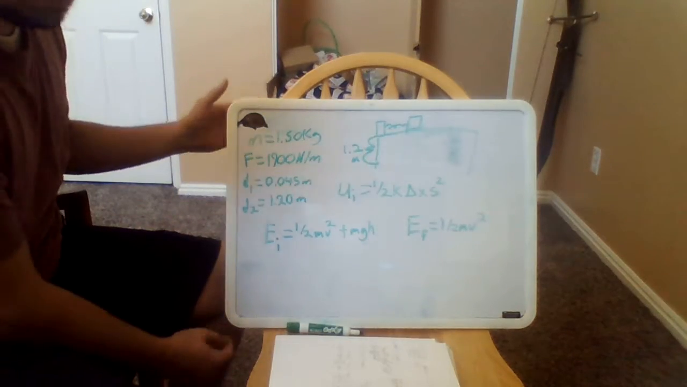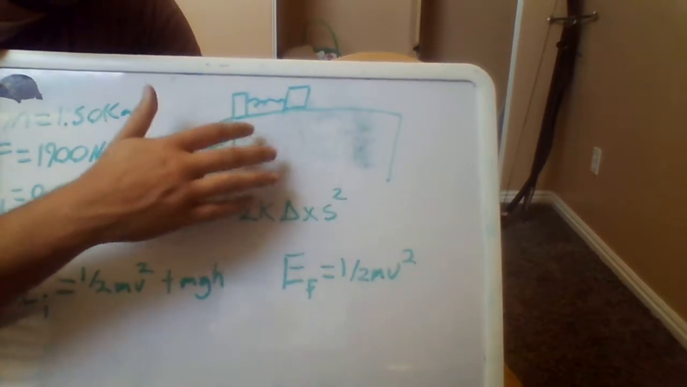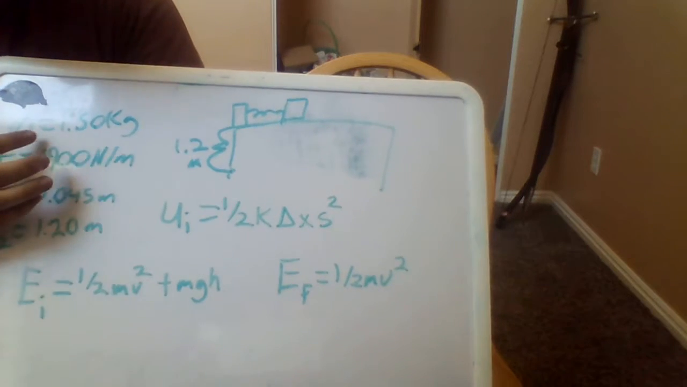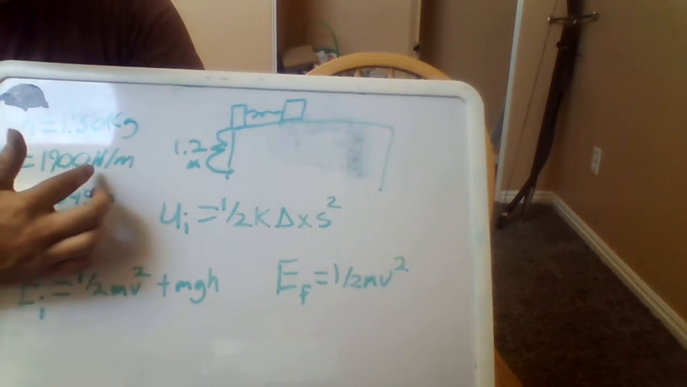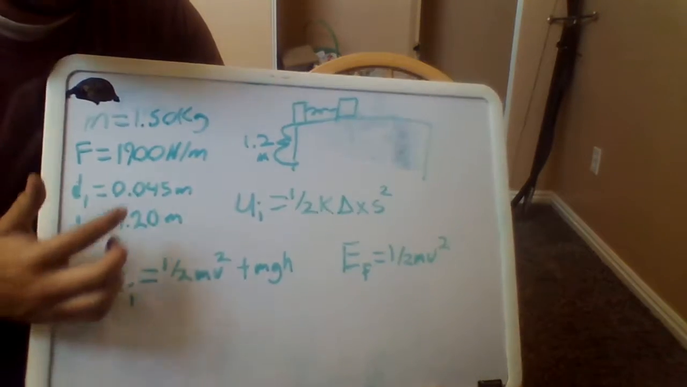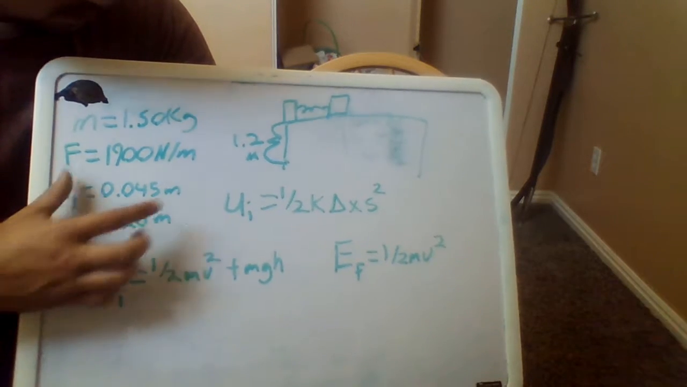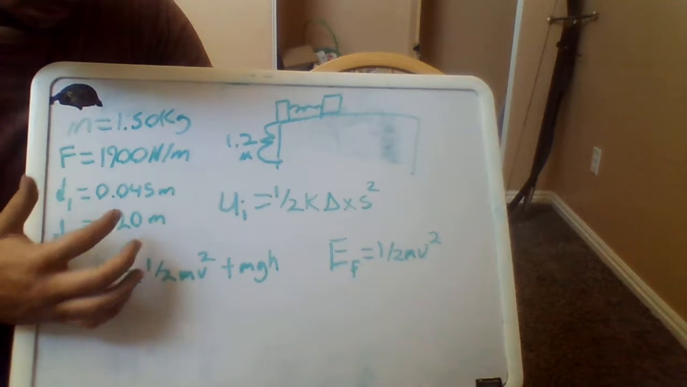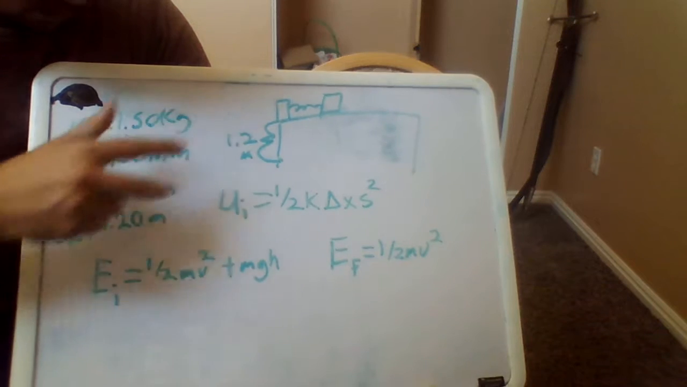Okay, this is problem 63 from chapter 7. We have this block on a table attached to this spring, and the mass is 1.5 kilograms, and the spring has a force constant of 1900 Newton meters. The spring is initially compressed by 0.045 meters, and the distance from the floor to the top of the table